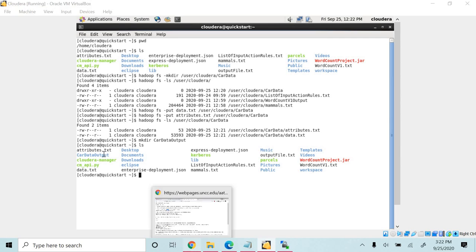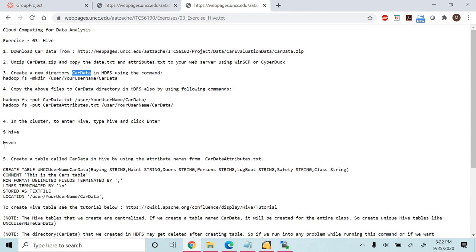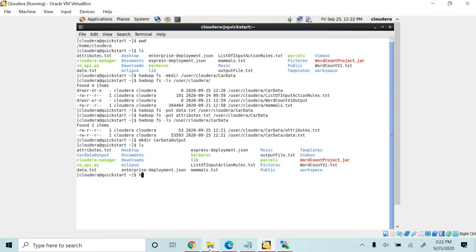So now the next step is to enter into Hive and create a table in Hive. So let's enter into Hive using the Hive command. So now we are in Hive and we need to create a table in Hive.